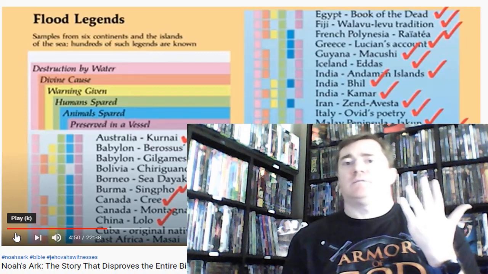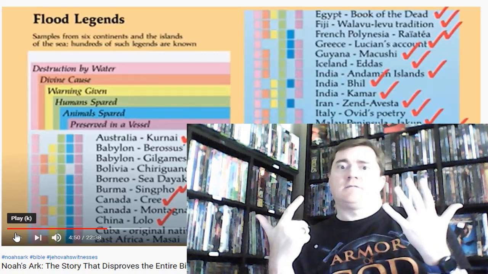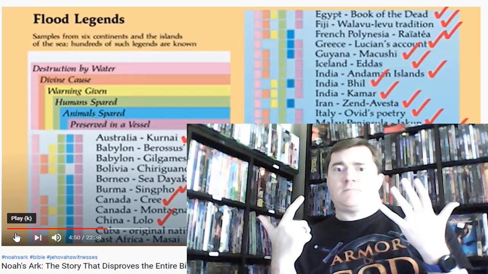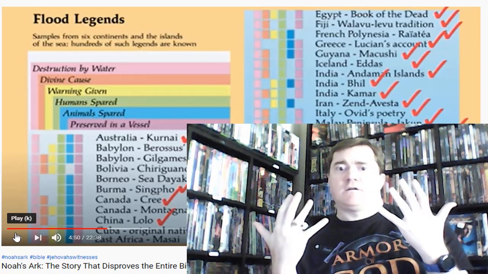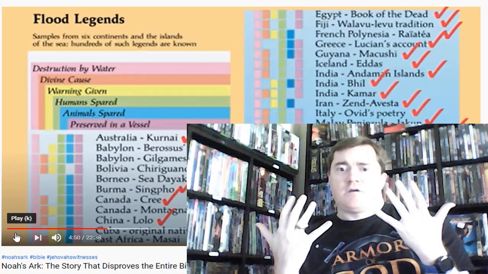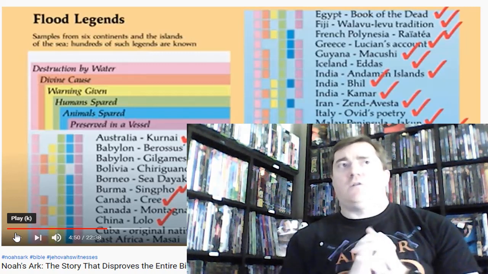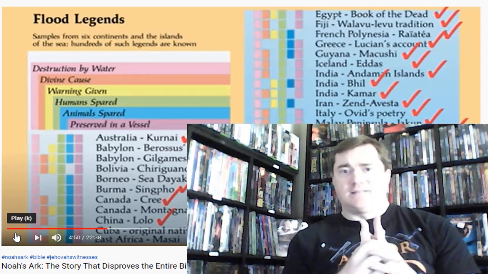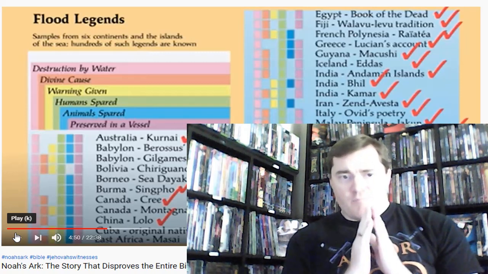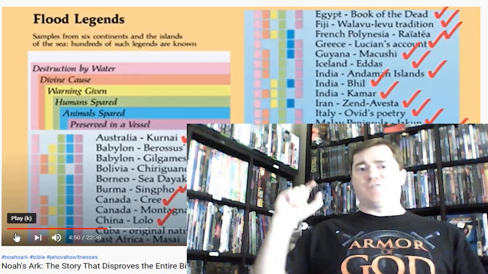You look at Fiji, French Polynesia, Guyana, New Zealand. You look at Hawaii, Vanuatu. There's 10 that are all out in the middle of the islands, and most of them have some of the